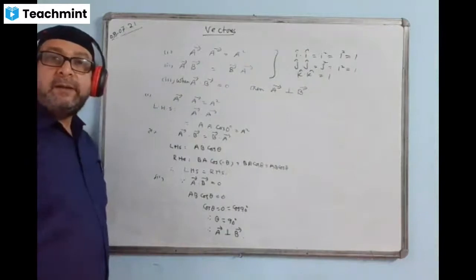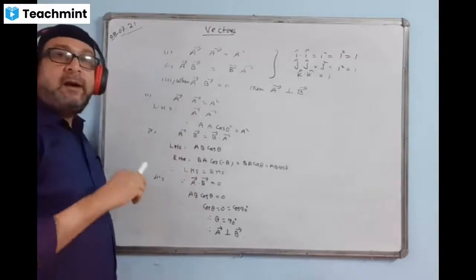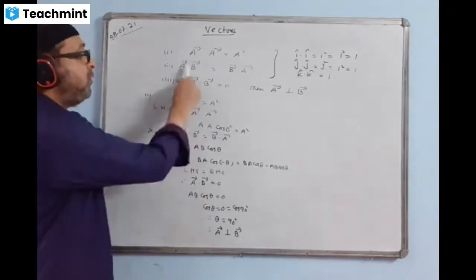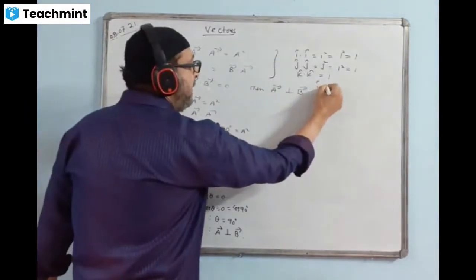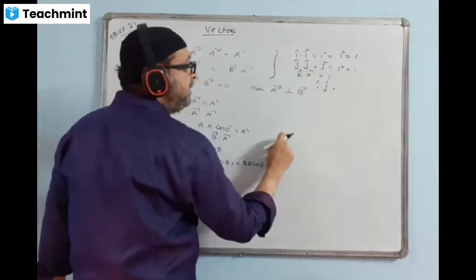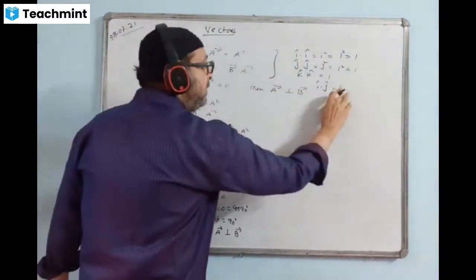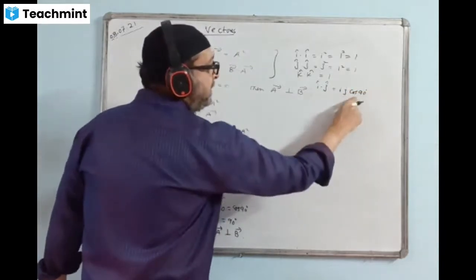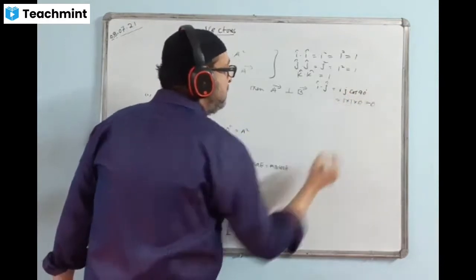So this becomes a property. Here also i dot j, we can write j dot i, and i dot k, we can write k dot i. We can interchange, like A dot B is equal to B dot A. And now i dot j, look at the third property. i is the x axis, j is the y axis, the angle between them is 90 degrees, so i dot j value will come 0. I'm supposed to write i j cos 90 degrees. Cos 90 degrees is 0. This is 1 into 1 into 0, the whole thing becomes 0.